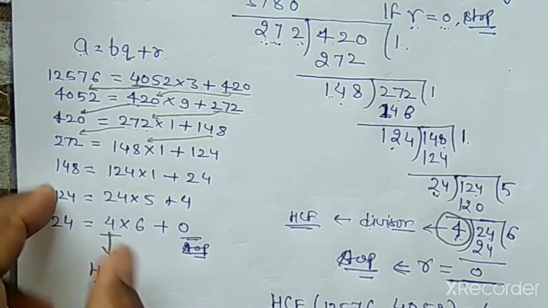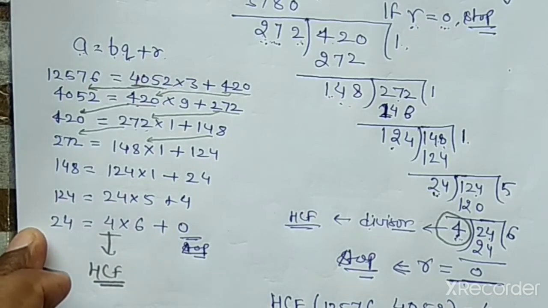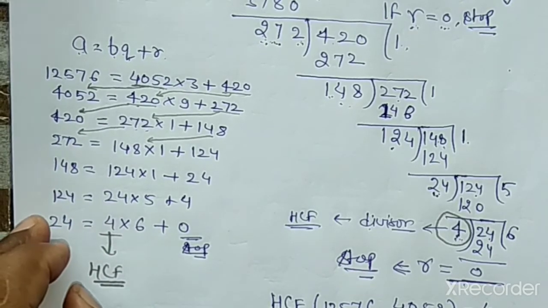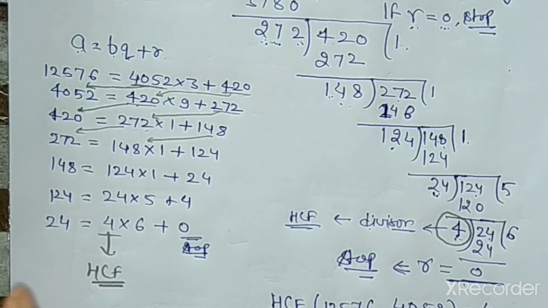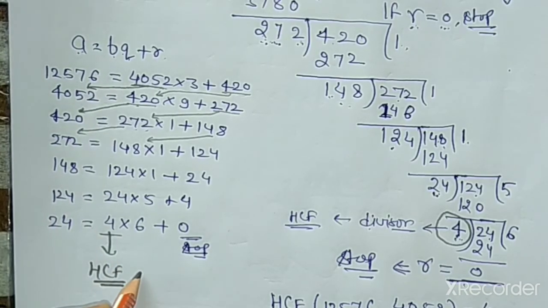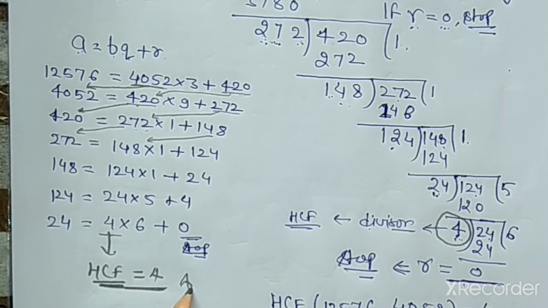Okay, so you have to remember that always. Okay, that is example number 1. You have to do it like that. Okay, so that is the Euclid division algorithm used to find the HCF of the given numbers. The HCF is how much? 4 only. That is your required answer.